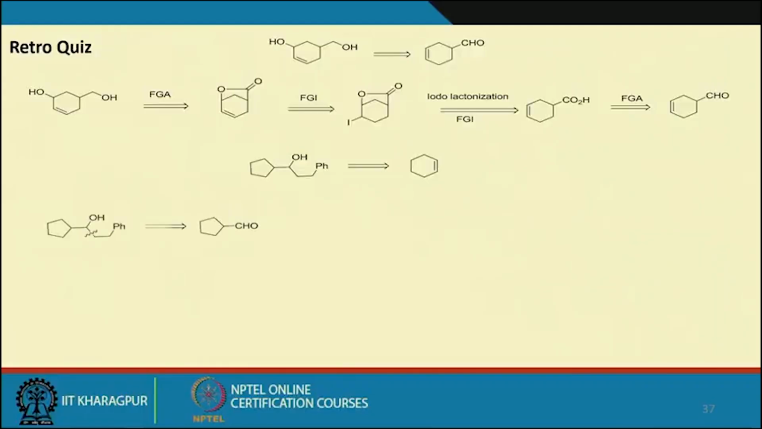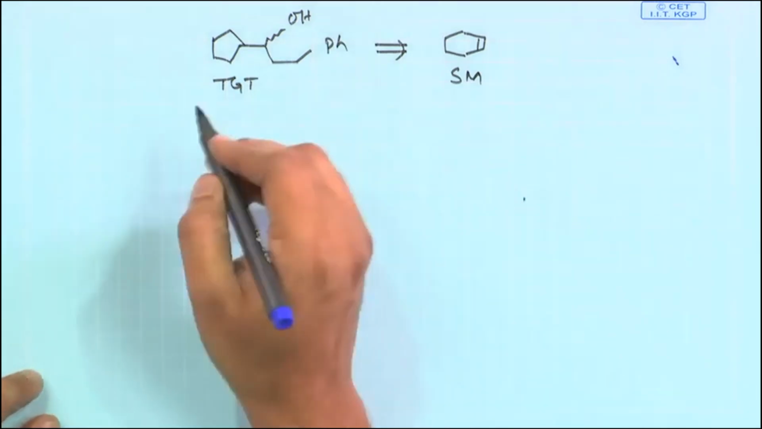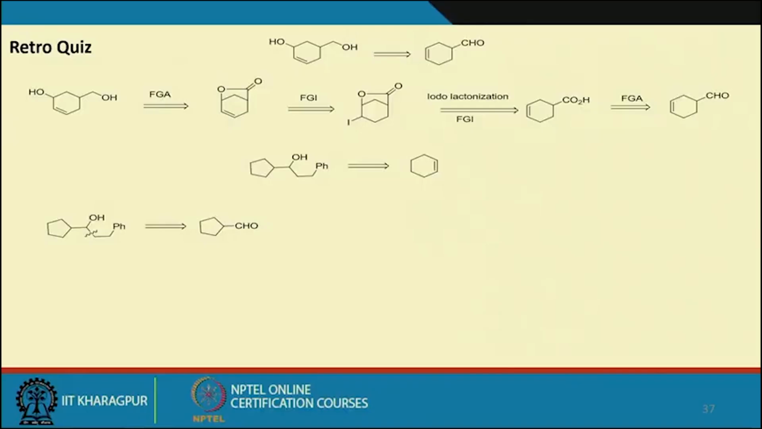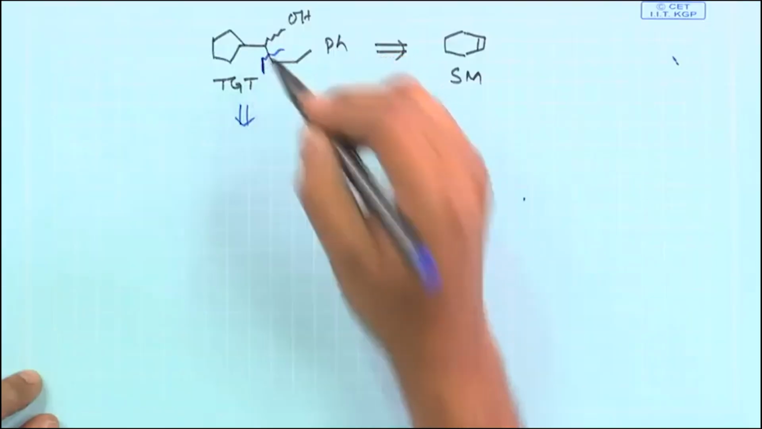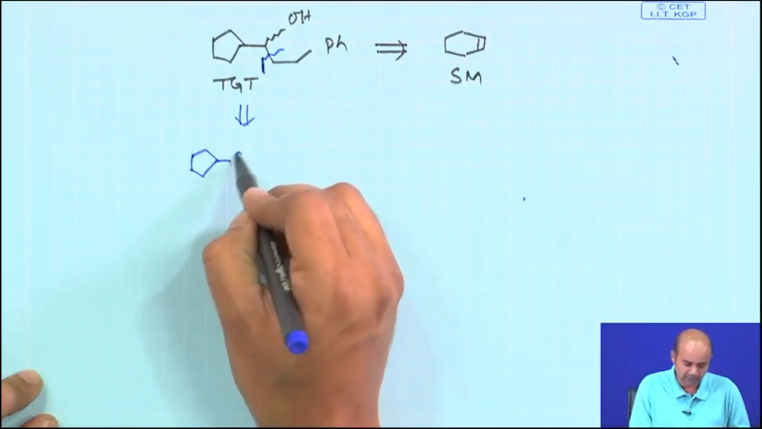I do not know whether you will be familiar with a couple of interesting name reactions, but nevertheless we will do the retro first. Follow the standard pathway of retro. What we did was basically this kind of retro, and we said that you have this aldehyde, a simple cyclopentane